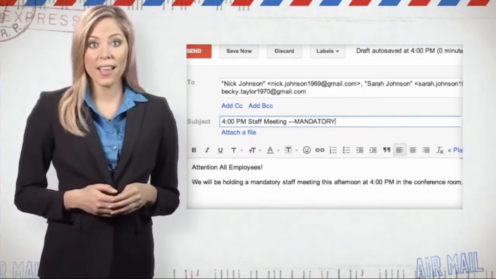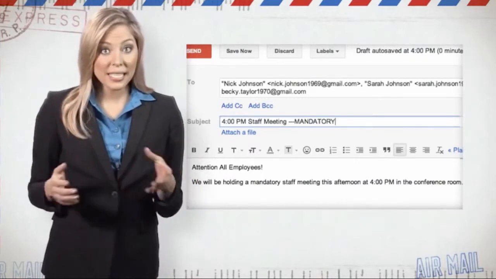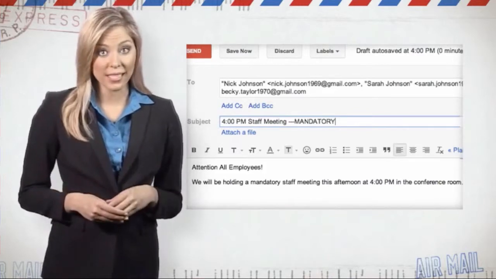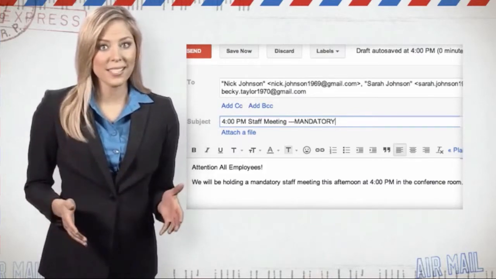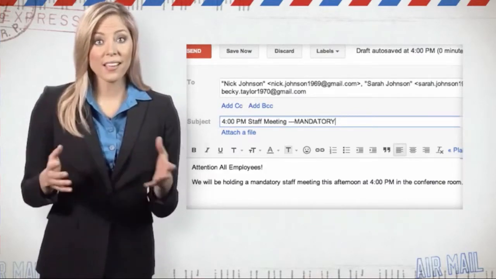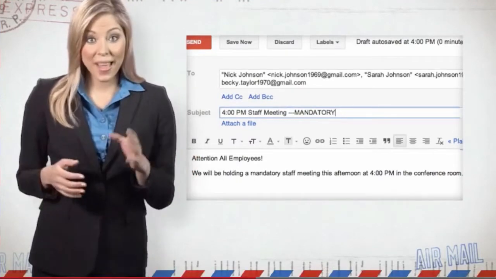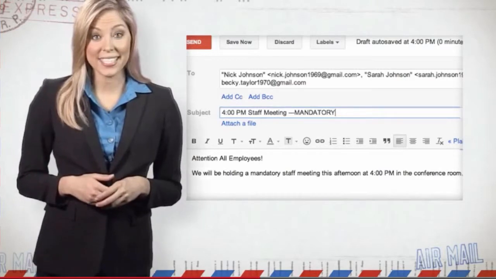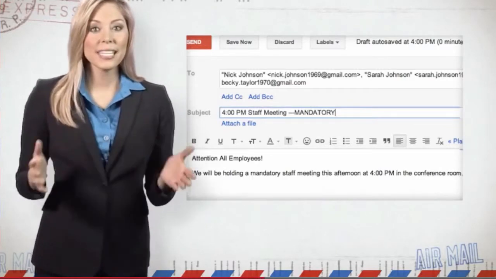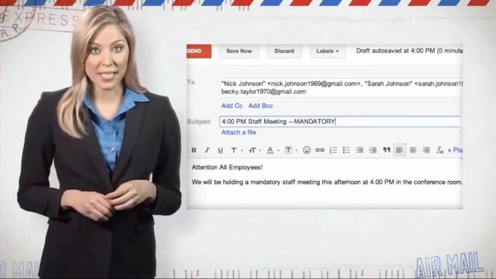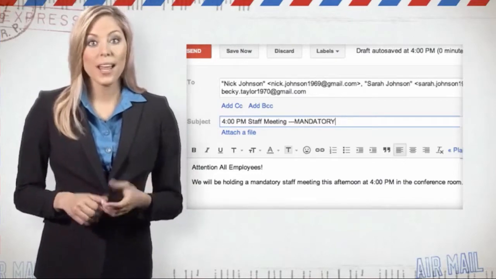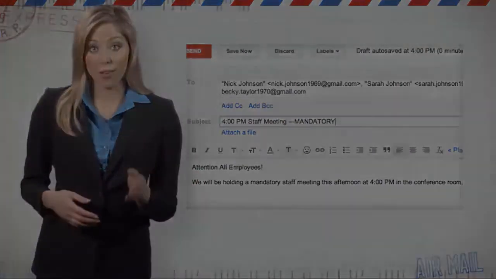Although you may clarify in the body of the email that the meeting is for senior staff only, you didn't elaborate in the subject line. That can cause a bit of a problem for the new guy in sales who was planning on leaving at 4 o'clock to get to the dentist. If you'd simply indicated "senior staff meeting" in the subject line, you would have let junior staffers off the hook.